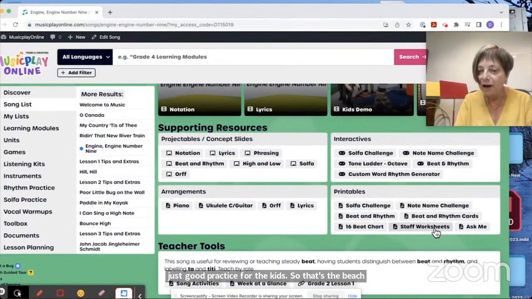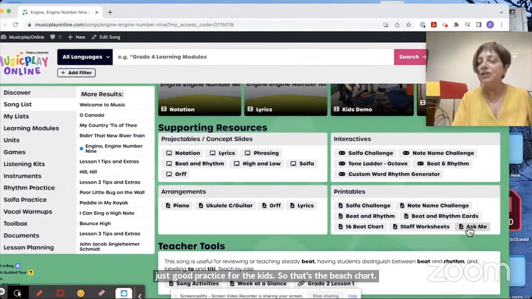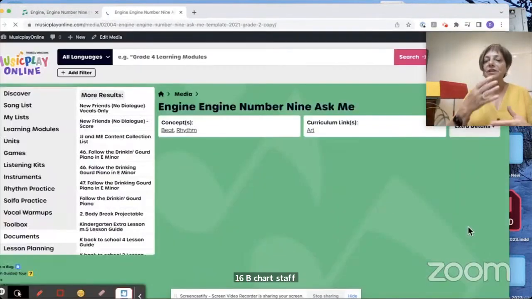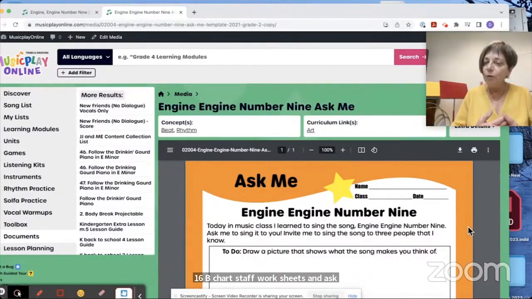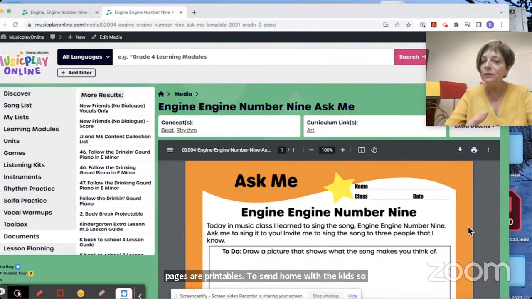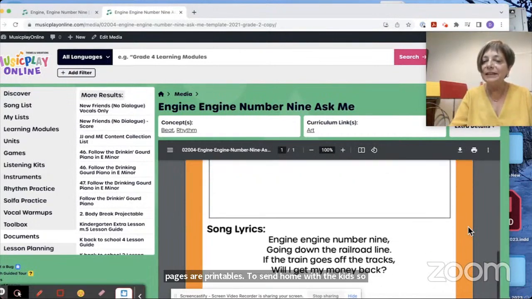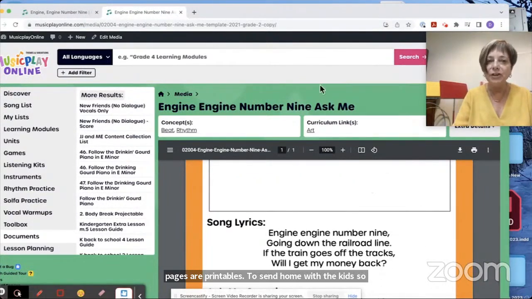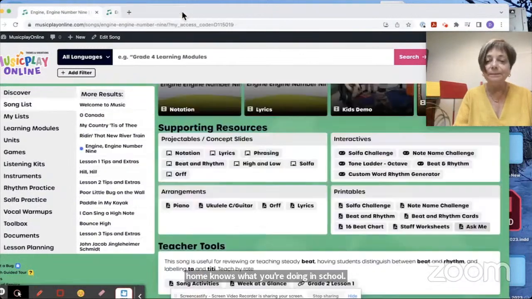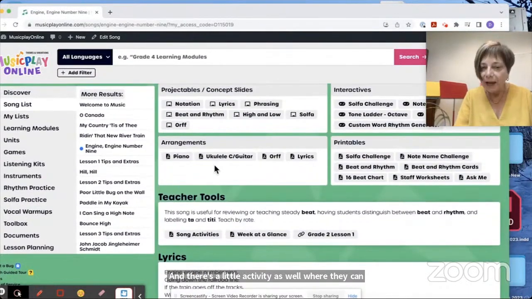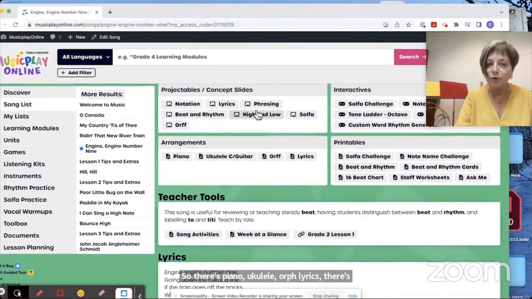16 beat chart, staff worksheets, and Ask Me pages. Ask Me pages are printables to send home with the kids so home knows what you're doing in school. And there's a little activity as well where they can draw a picture of it. Great sub-activities. So there's piano, ukulele, orff, lyrics, there's printables, there's interactives, there's projectables, and we have done this for